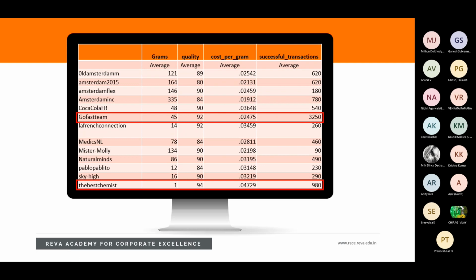So he's like the Big Bazaar. One is focusing on volume, the other one is focusing on value. Right? So